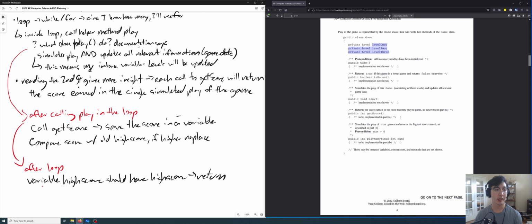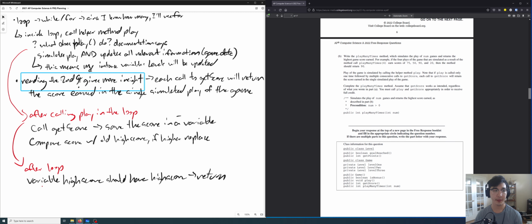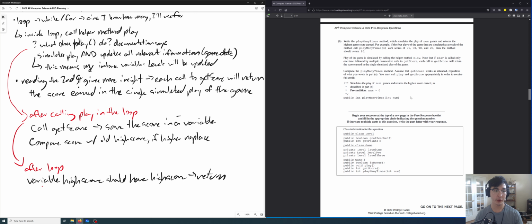I'm using the documentation, and let's go to that second paragraph. I made a note that reading the second paragraph gives more insight. Each call to get score will return the score earned in the single simulated play of the game. So my plan, looking at my notes, is I'm going to have some type of loop, a for loop, and inside that loop, I'm going to call the play method, and that should update the levels.